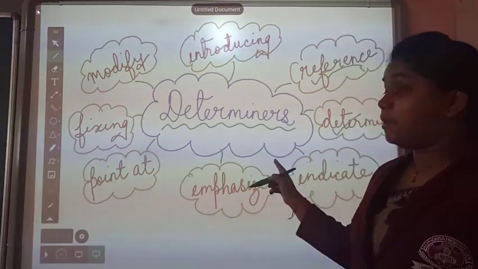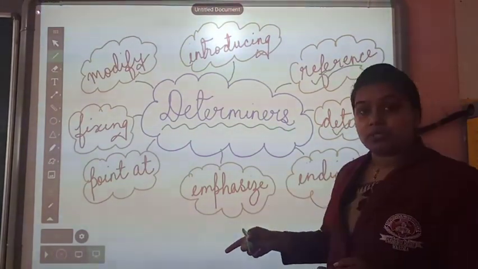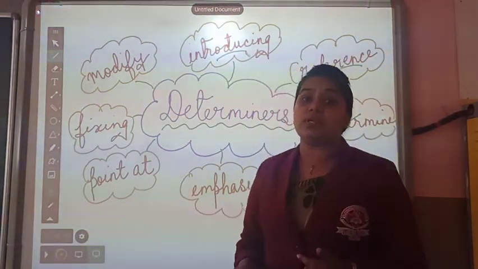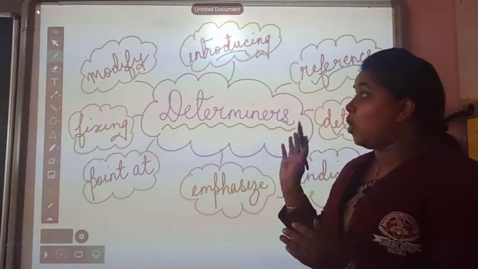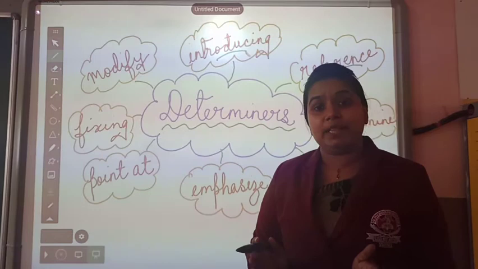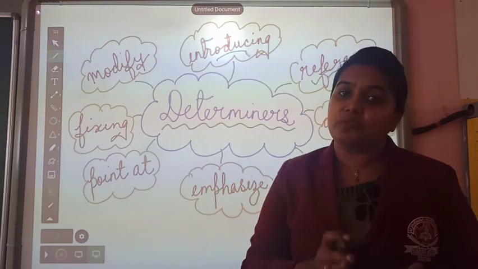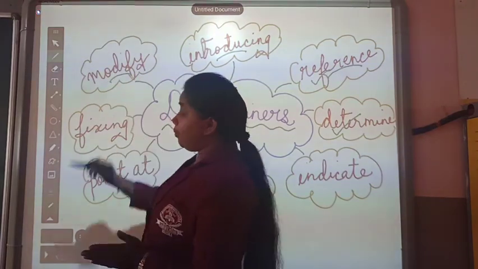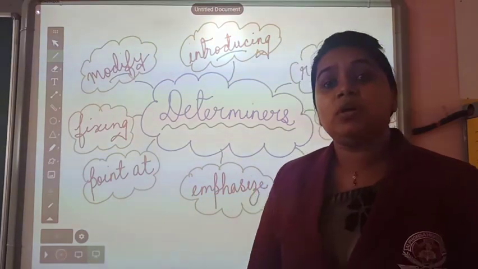So the primary work of determiners is to determine, or you can say to refer to, the nouns. They are also known as introducing words because they introduce the nouns. That is why they are always placed before nouns. When we are using them in sentences, they will always precede the noun, placed just before it. Now, they are also modifying the nouns, in the sense that they give us details about the noun.